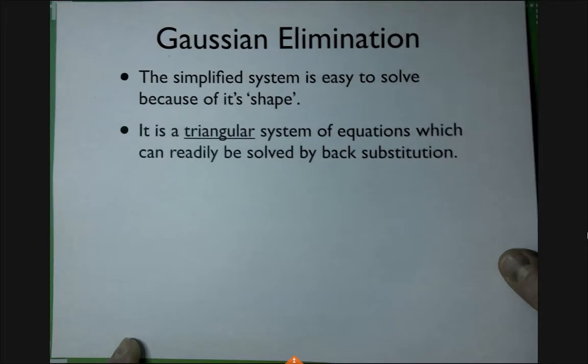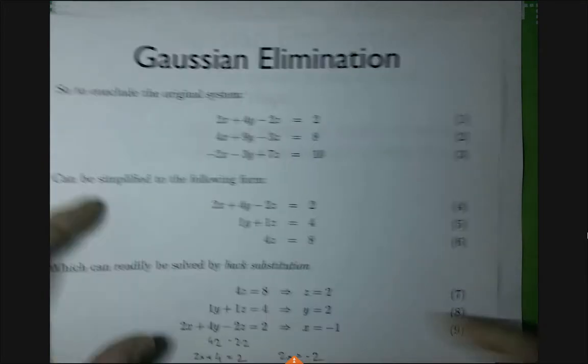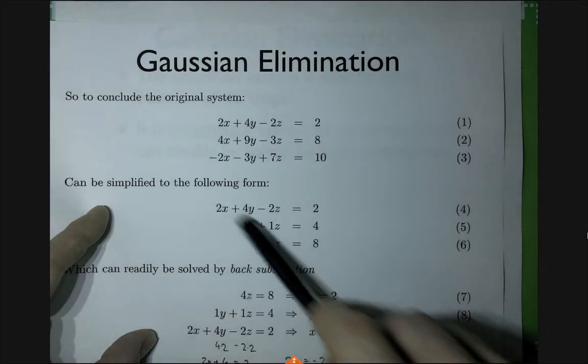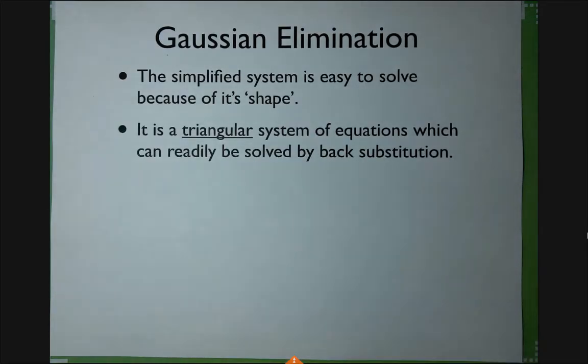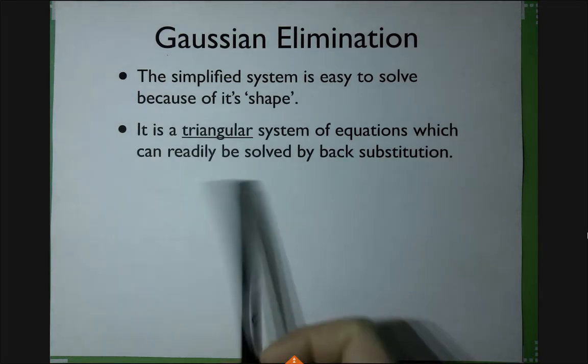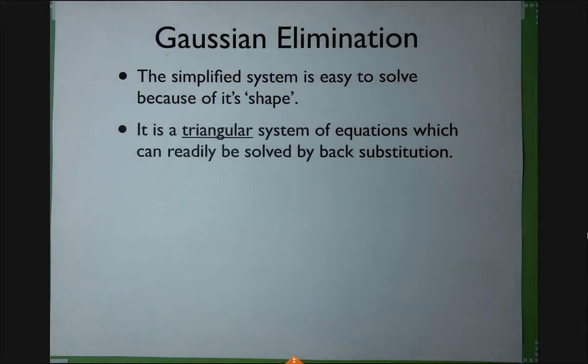So this is sometimes called a triangular system because it has this triangle form. I'll have more to say about that later. So the simplified system is easy to solve because it's triangular. So that means you can really apply this back substitution. You can probably see that it doesn't only apply to 3 by 3 matrices. If it was a 100 by 100 matrix, it would work exactly the same way, right? You just work your way up, substituting the variables you have already computed. Okay, so that's clear, right?